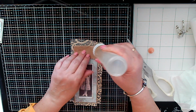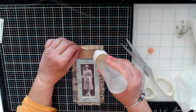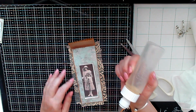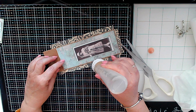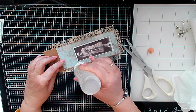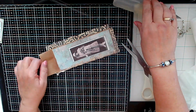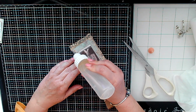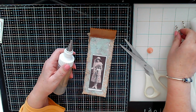like this, and then you have to sort of go along and put all that in there. Right, and then I'm going to glue down here and fold the lace over. Okay, I ended up not putting the glue up there, mainly because I just remembered